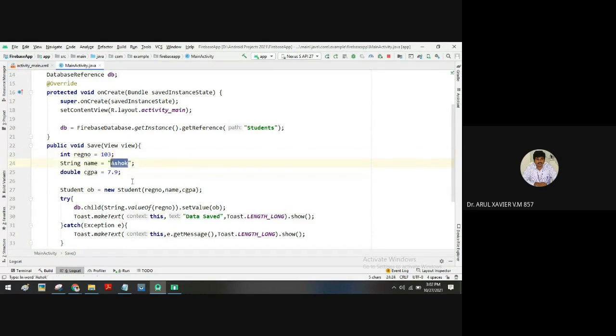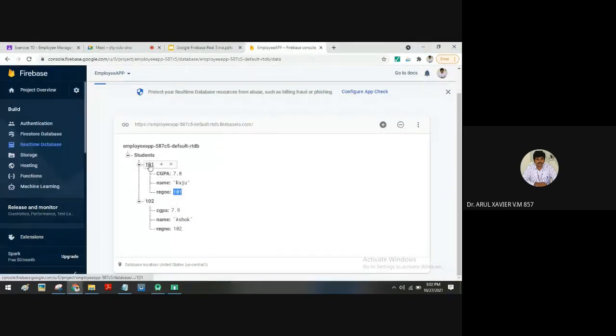And actually one more thing you have to understand, this is a primary key. Okay, listen carefully. 101, 102 is a primary key. You cannot have a duplicate node like this. If you want to store 103, you can store, but you cannot create a 102 again. The children should be unique. Children is similar to a primary key.